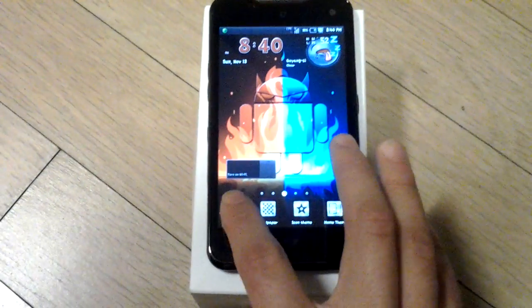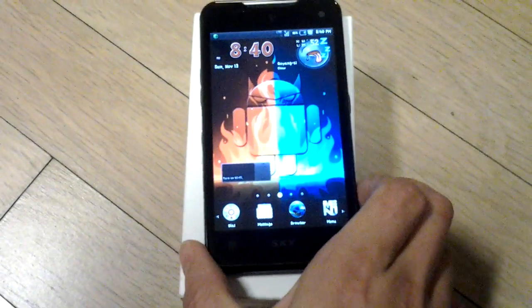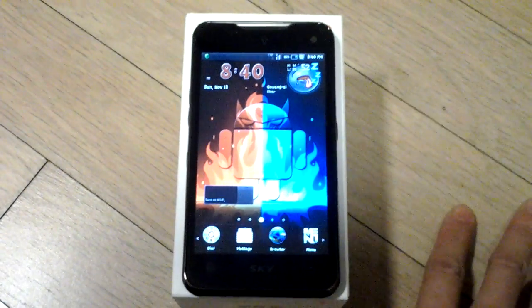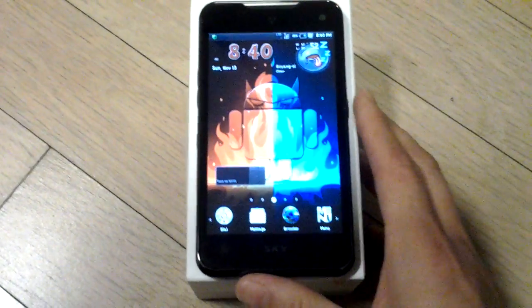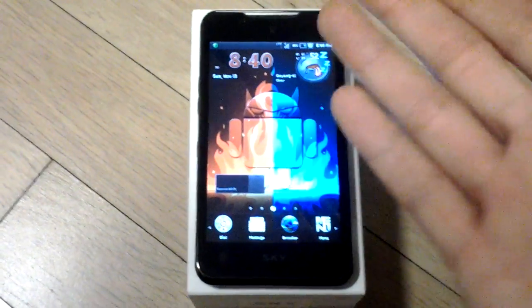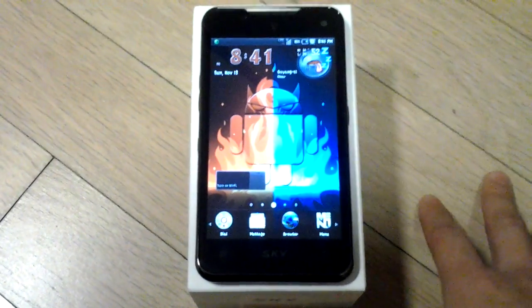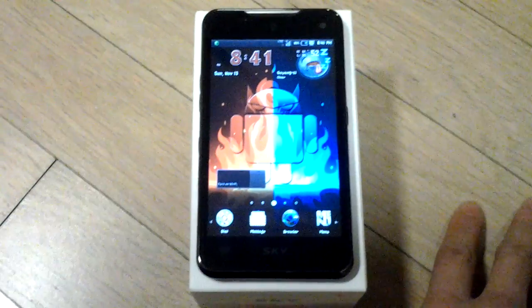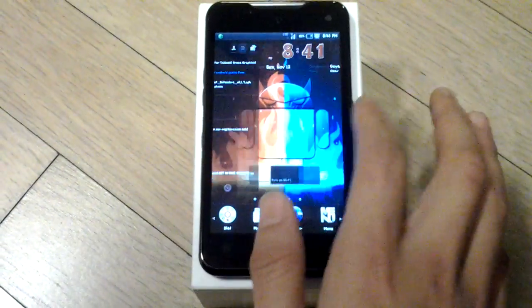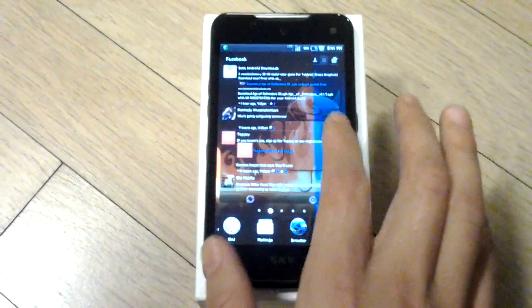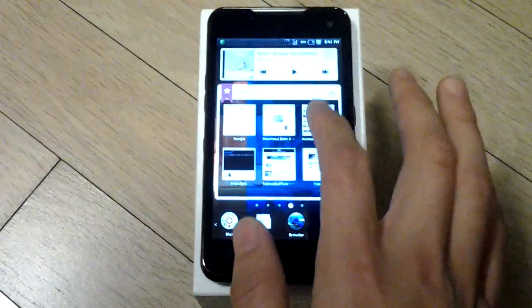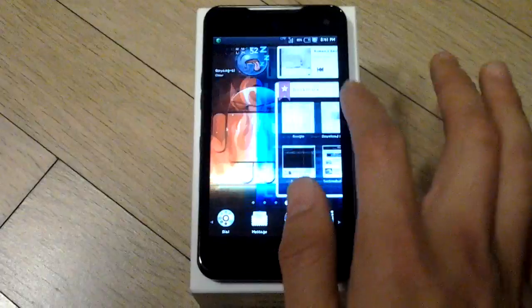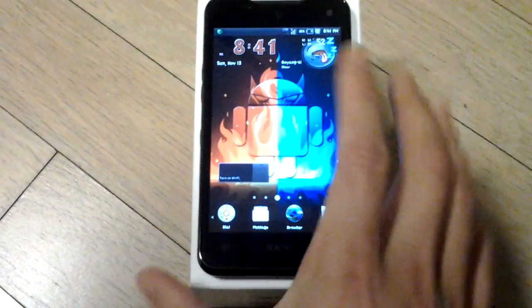So this is just the basic review of the phone itself, and my last comment says that I have both phones now. I usually have two cell phones, so this is my second cell phone. I traded my Sensation in for this one, and I must say I'm very pleased with this phone. I still love my Samsung Galaxy S2 HD LTE phone more, but there's some things about this phone I like